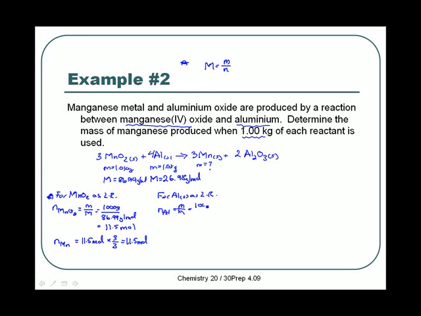And now we're going to have 1,000 grams divided by 26.98 grams per mole. And we get 37.1